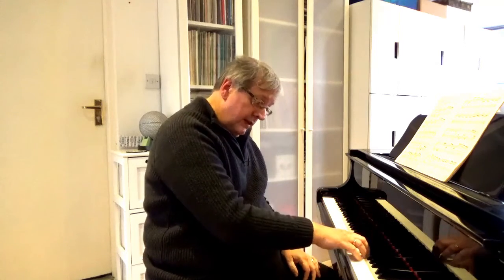Now the key here is to think of these as chords, not as individual notes, and your anchor points here are not going to be simple 5-finger hand positions. They're going to be chords. So my advice is to identify the chords and practice those chord positions first. So for example,